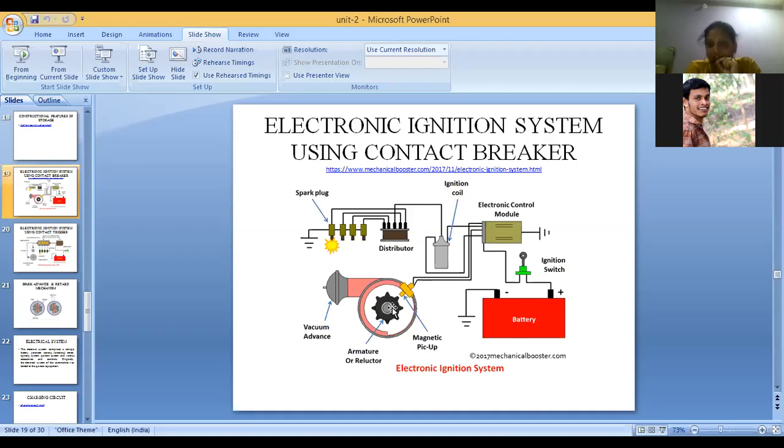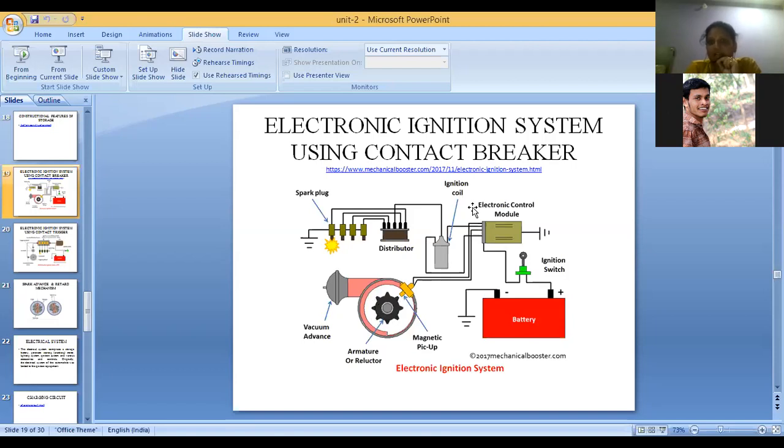This is the armature. The inside shaft which you are seeing here is connected to your camshaft. When this armature is rotating and comes in contact with the magnet, it will pick up the signals and send them to the ECU, engine control unit. It will give the same signal to the ignition coil. From the ignition coil, this voltage will get distributed with the help of the distributor. Depending upon the signal we got from the engine control unit, the spark plug will ignite. So this is how it works using the contact breaker. When these two come in contact, you'll have a contact, and when it goes away, the contact will break.